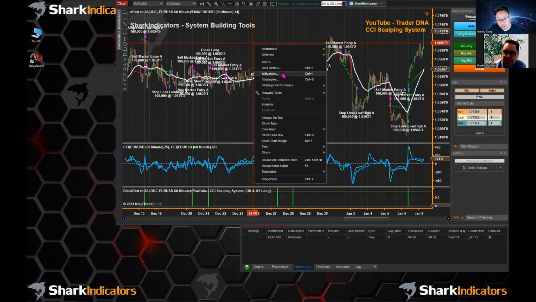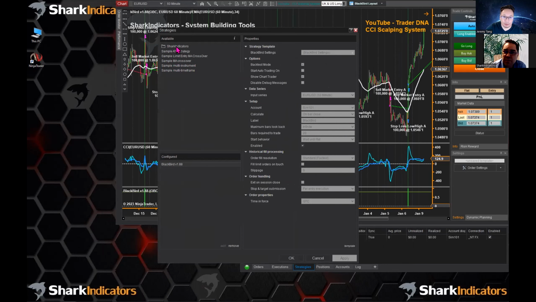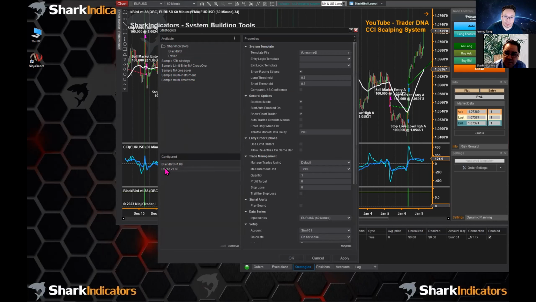Although we do include a free, very rudimentary strategy with Bloodhound called Raven, which doesn't really allow you to do much with the stop losses and profit targets other than setting them here. So there's Raven right there. That comes free with Bloodhound, and it is a strategy as well. Hopefully that clears that one up, Jose.